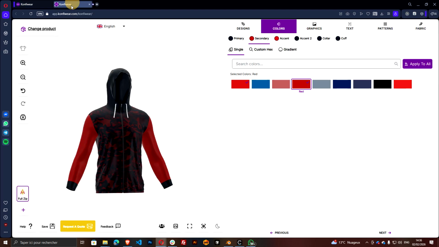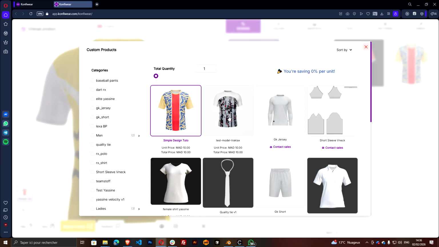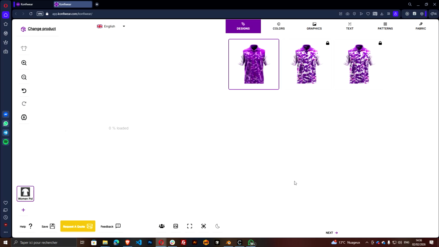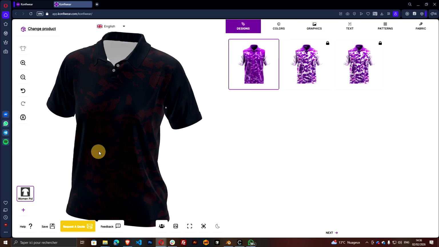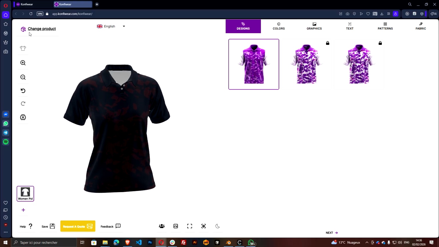So you can just navigate to your customizer, refresh, then you will have the woman polo that has been added. So here it is, we can select it, and here is my polo model. Now to change the preview,